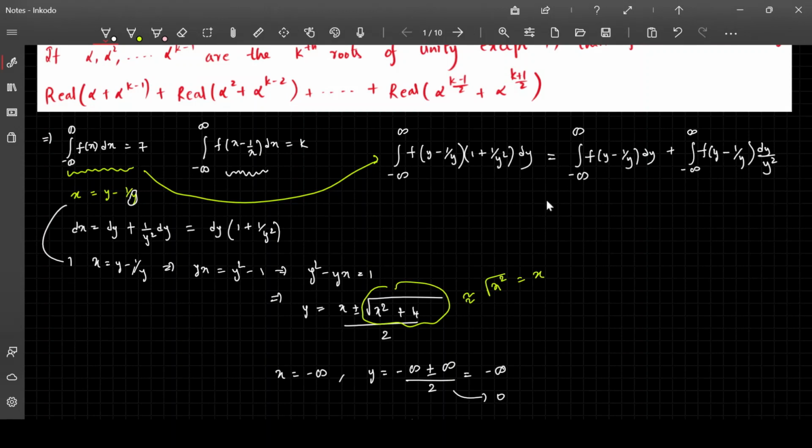Now it's time for breaking this integral, because we know that at 0 this y is not defined. In the original case you can put x is equal to 0, it doesn't matter, because x is not in the denominator, but here y is in the denominator, so we should break the integral. We also must remember that this whole value is actually equal to 7. From here itself we have come, and this value is actually 7, so we must keep all these things in mind. So first of all let us break this second part. Here I have written it wrongly in the PDF, so if you are confused there, you can just check here.